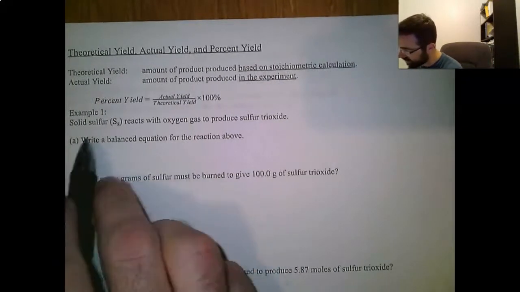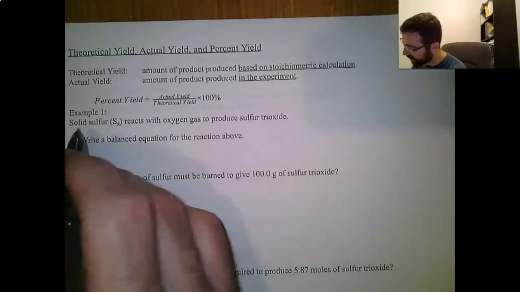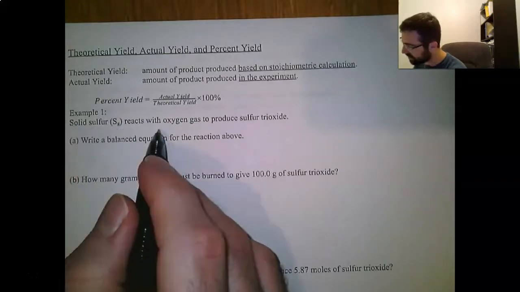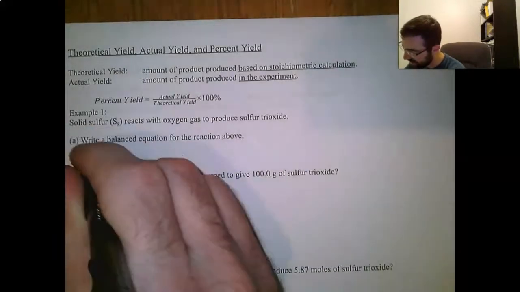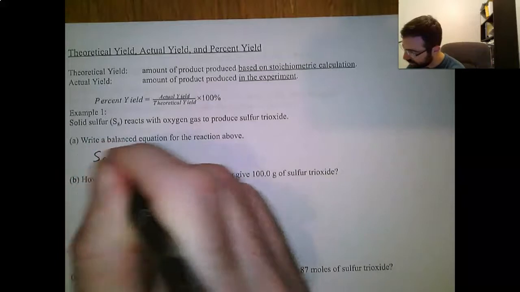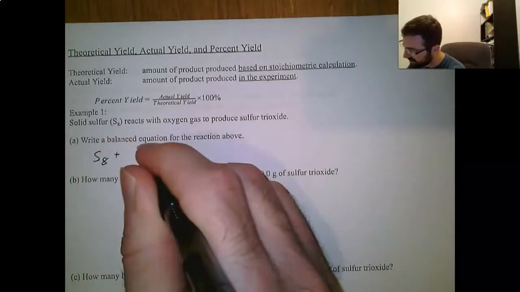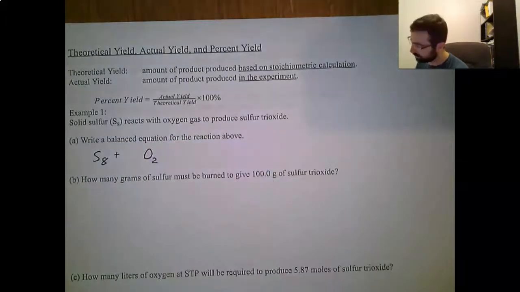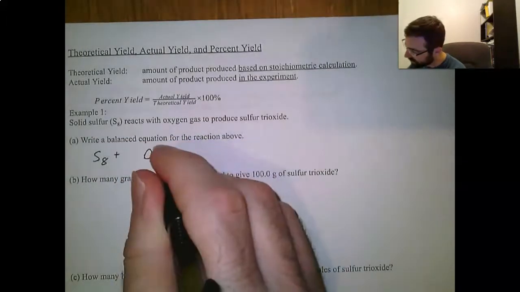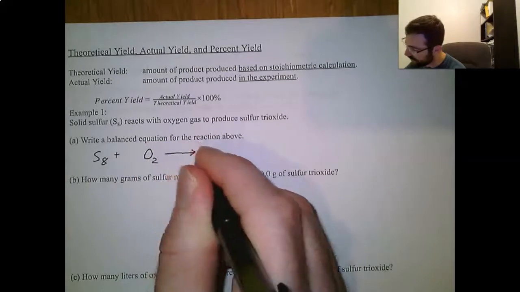What's written up here says solid sulfur reacts with oxygen gas to produce sulfur trioxide. So I can say S8 reacts with oxygen gas. Oxygen's diatomic, don't forget that, it's O2, to yield sulfur trioxide, which is